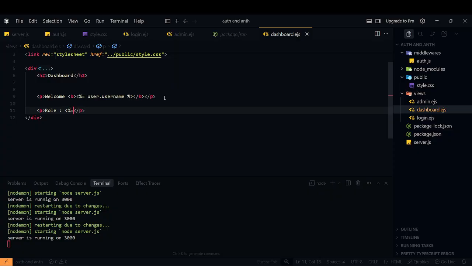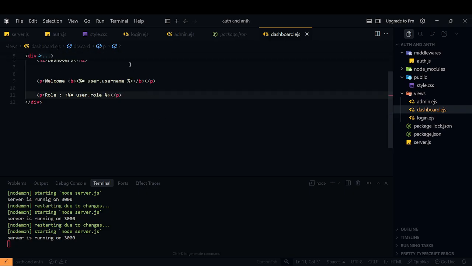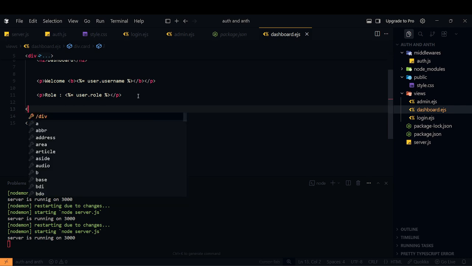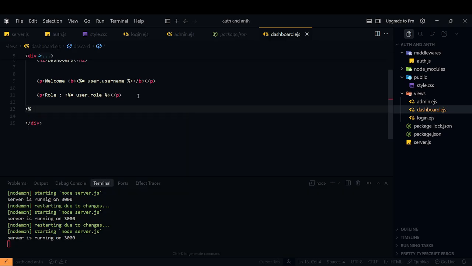डायनेमिक डेटा को हैंडल करने के लिए हम ये इसको यूज करते हैं यूजर डॉट रोल. Now show only if admin. So we have used the dynamic data and inside it, if user.role is strictly equal to admin, then we have to